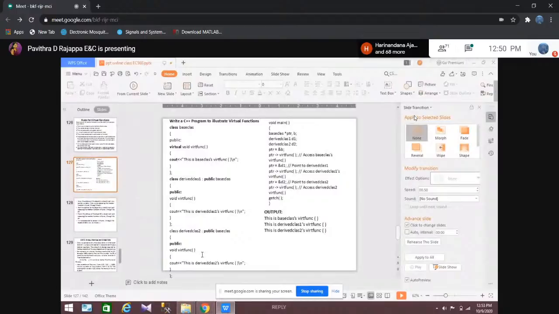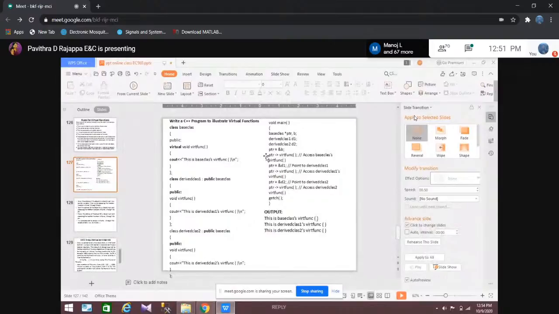Whenever necessary, we can call this function using the pointer. So using the same function name, we are doing different tasks. The compiler decides which virch function has to be executed at runtime. Therefore it is runtime polymorphism.